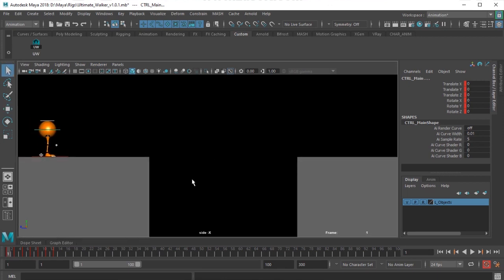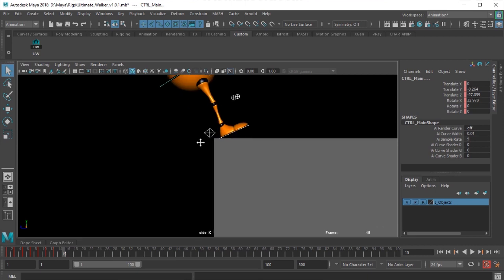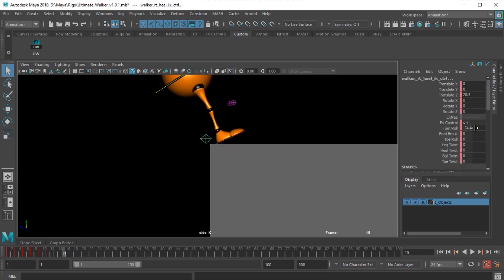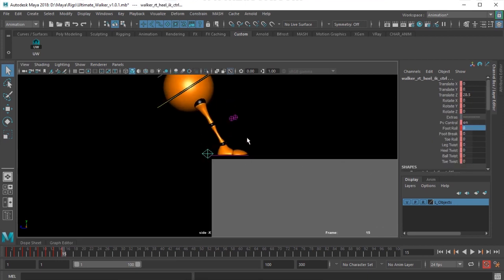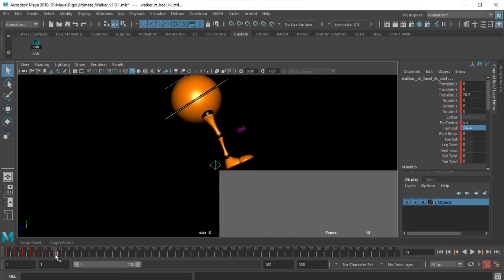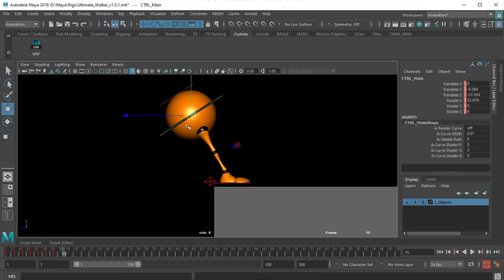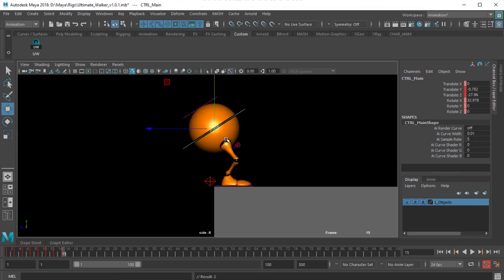As I told you, I select this foot roll and make this value 0. Sometimes I do the next pose in the same previous frame. So I'm checking that.